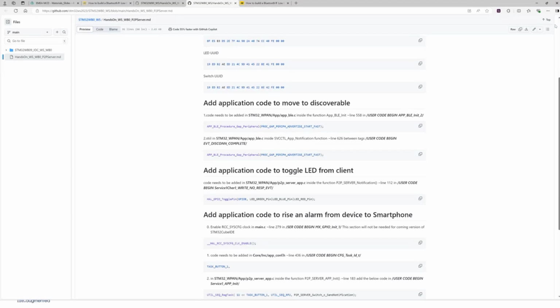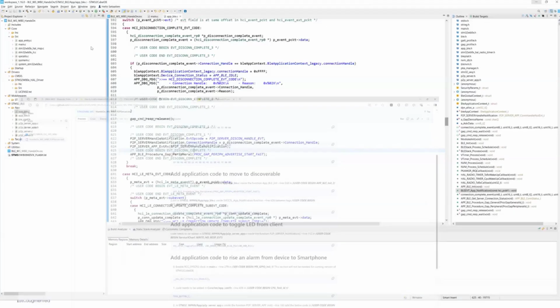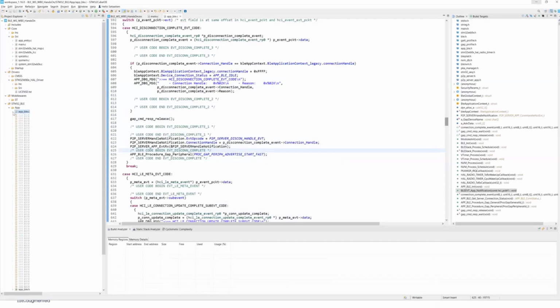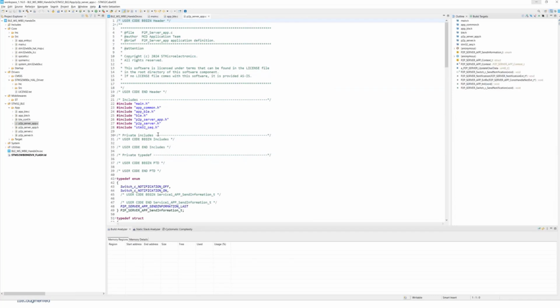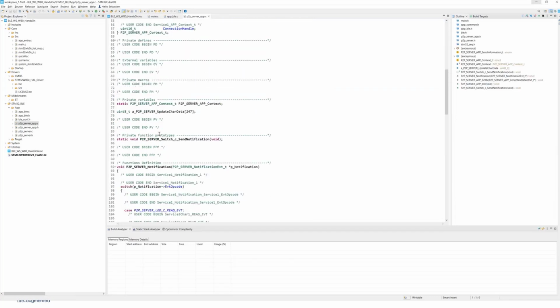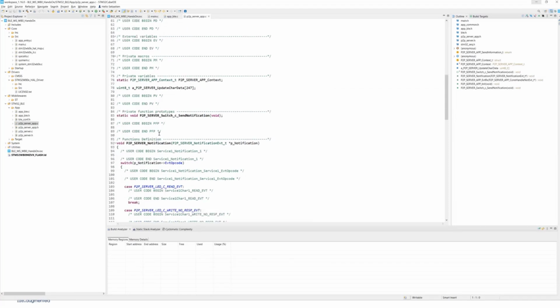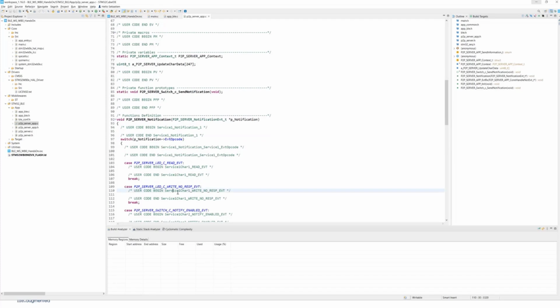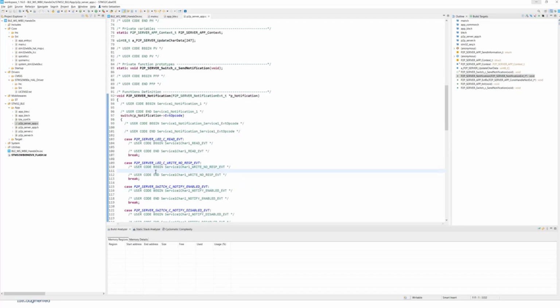Here in the application code for the peer-to-peer server, each time the smartphone writes into the LED characteristic, I want to be informed first, and then I want to toggle the LED and switch on the LED if I receive this write into the LED characteristic. This is what I want to do.